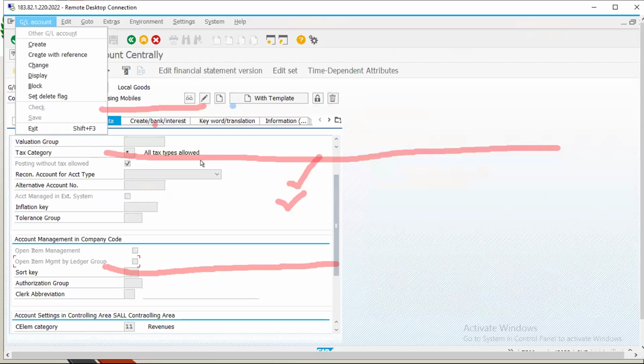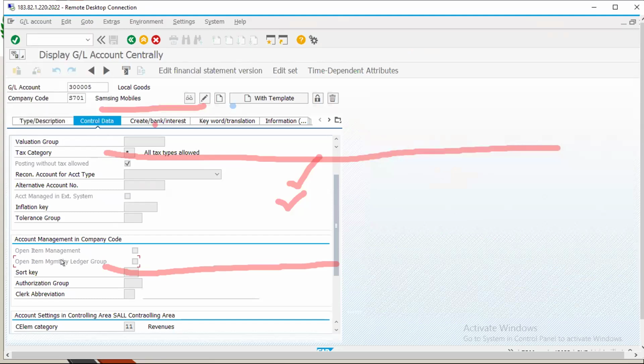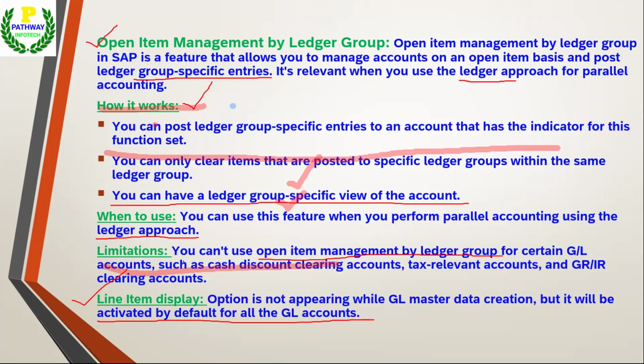If you select this option, whenever you post ledger specific entries, the system will allow you to post. You can only clear items posted to a specific ledger group within the same ledger group. So if the accounting document has been posted only for a ledger specific group, only then it will clear, that particular item only. Then you can have a ledger group specific view of the account, which will also be available.